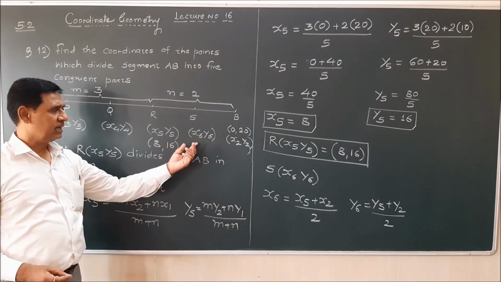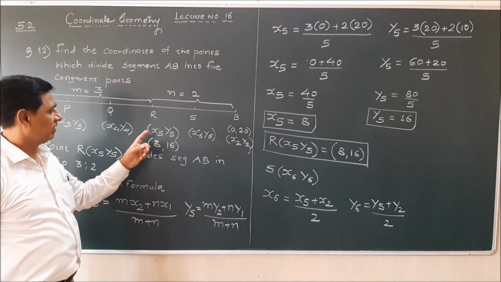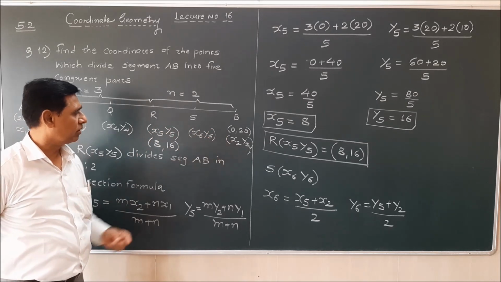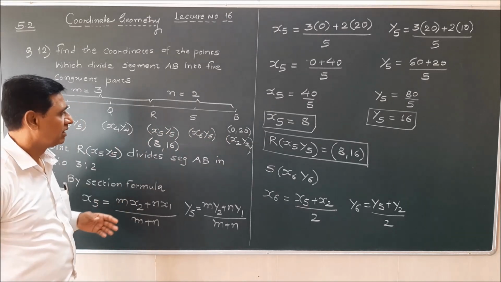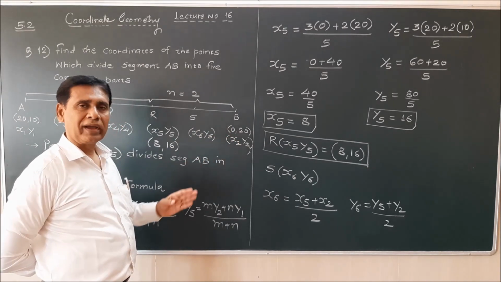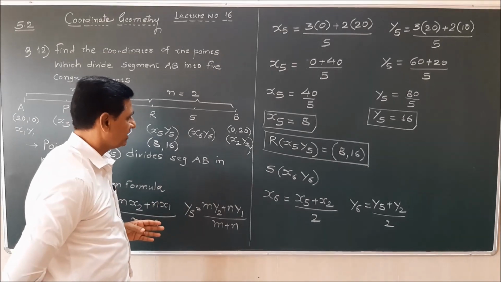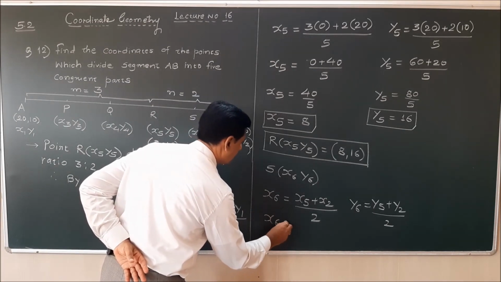Please look here once again. S is the midpoint of BR. Therefore, you will find (x5 plus x2) upon 2. We know the coordinates of R, which are x5, y5. We also know the coordinates of B, which are x2, y2. Therefore, you will get here x6 is equal to